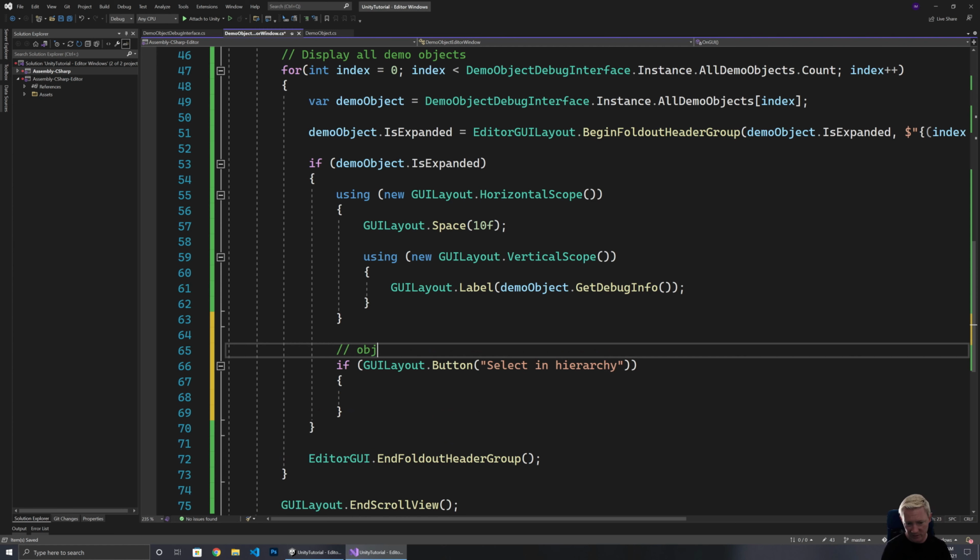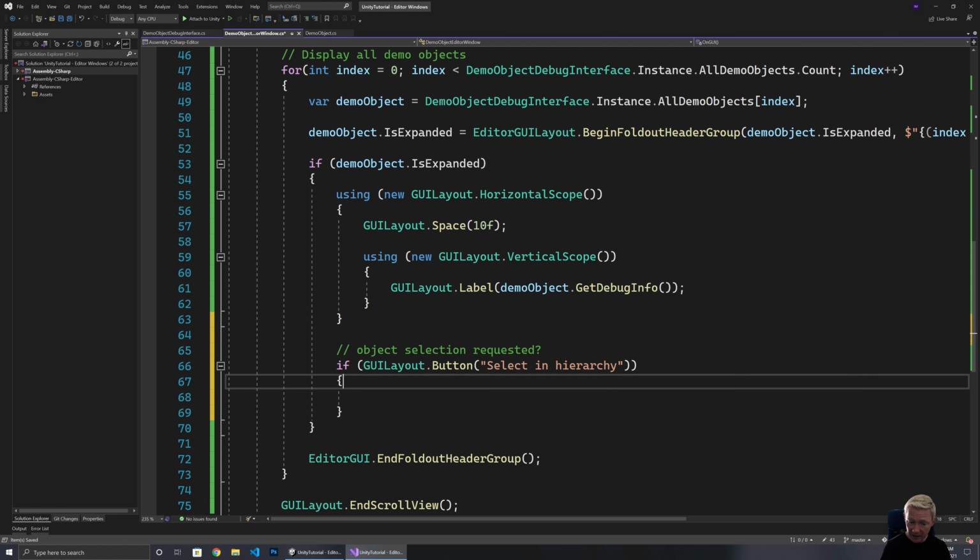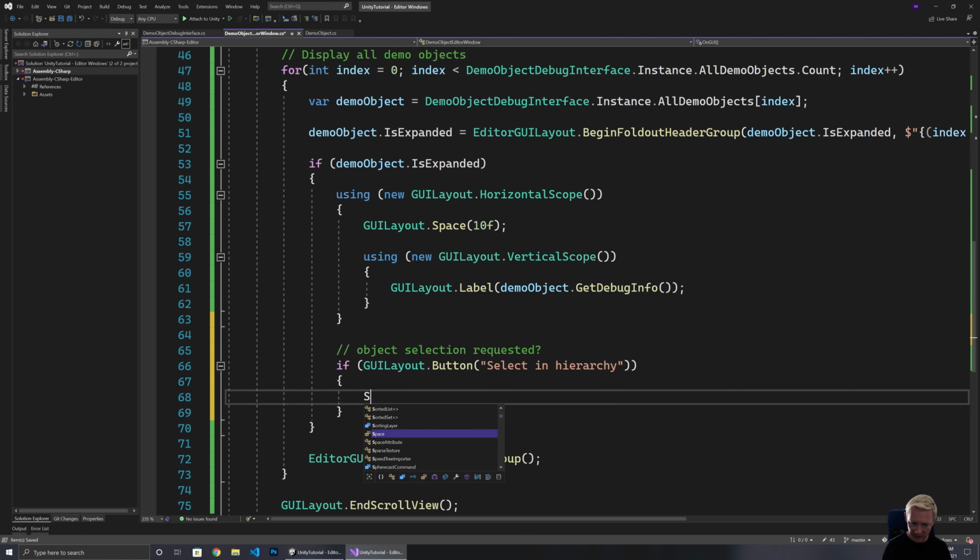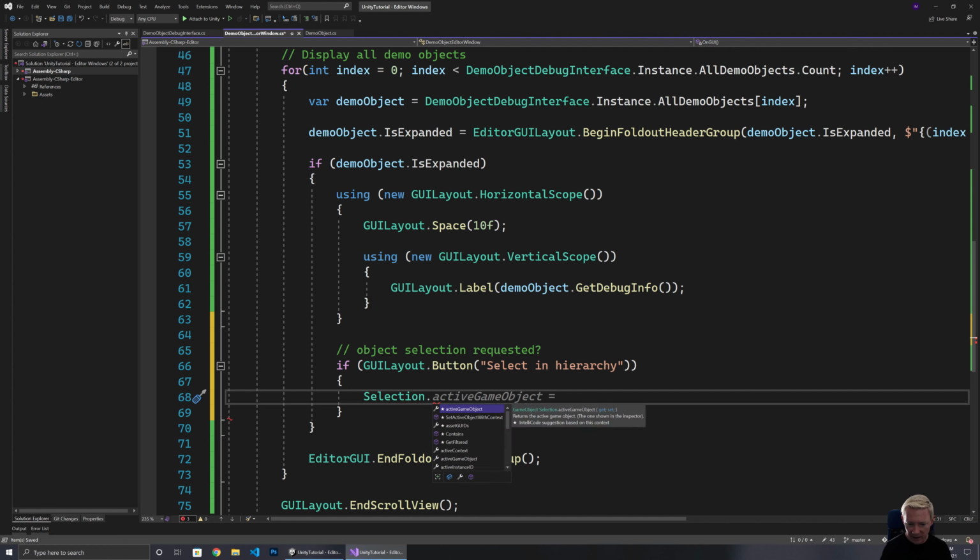So object selected, or object selection requested would be a better term for that. Requested. So in that case, what we would be able to do is there's actually this thing called selection, and